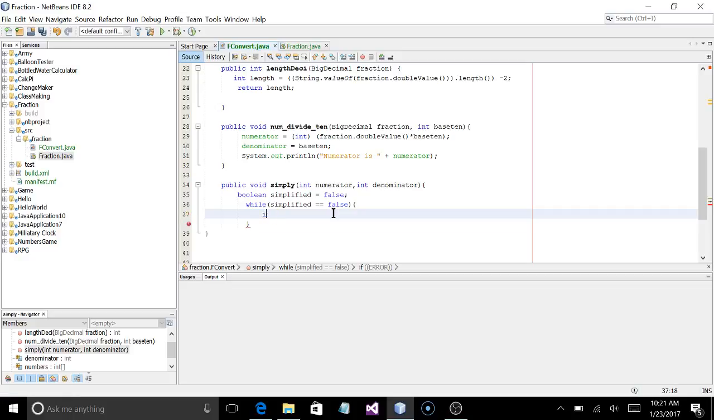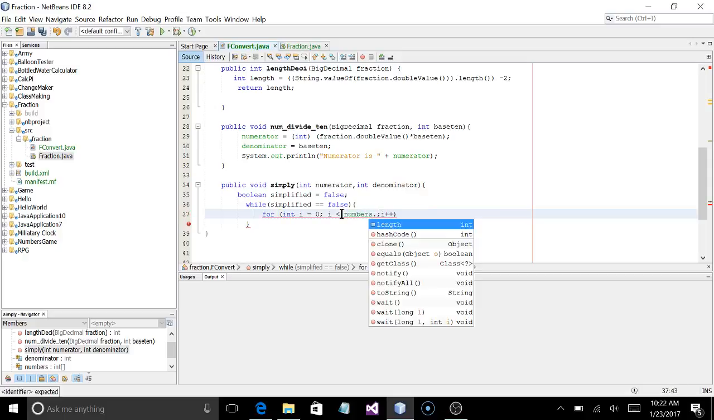If we go through our for loop, for int i equals 0, and this is how you make a classic for loop, i is less than numbers dot size, and then i plus plus. Numbers dot